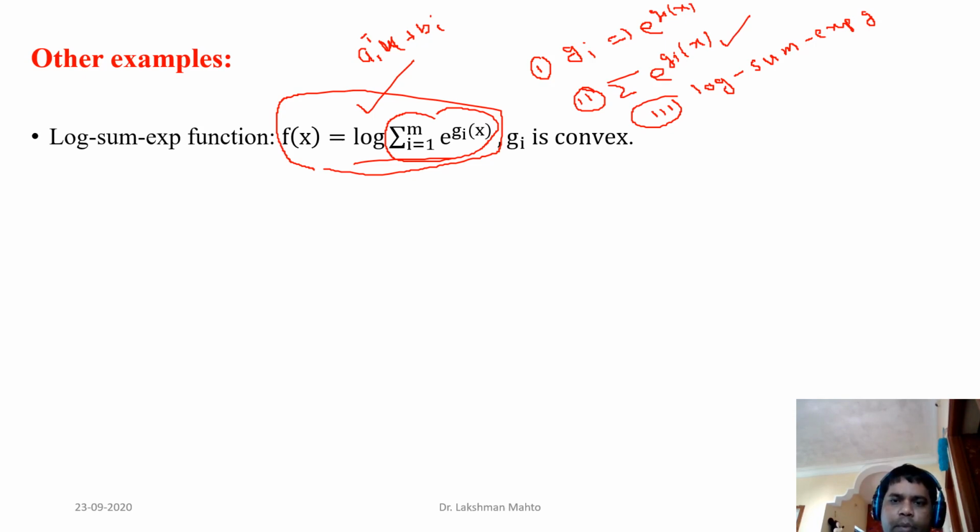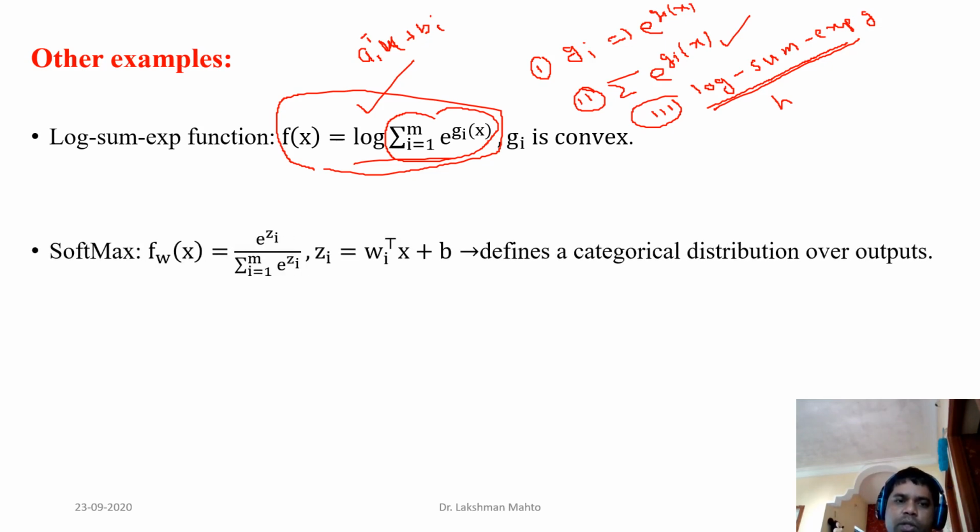But if you try to apply from here, you had already seen that this one is a convex function, and if you apply a logarithm over a convex function, then the result may not be convex. But log sum exponential is a convex function. And if you apply log sum exp over a convex function, then the resultant is always a convex function, because log sum exp is always convex and increasing, or non-decreasing.